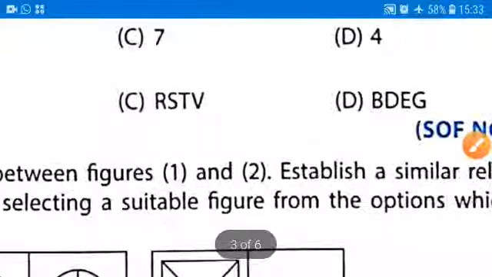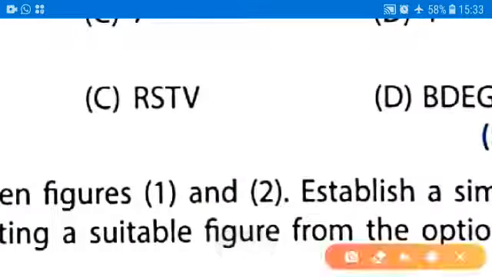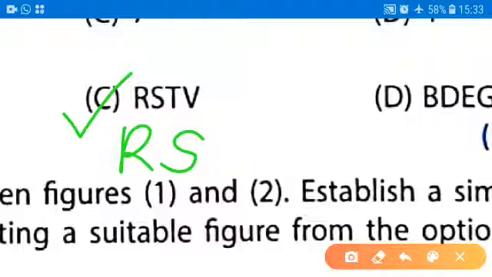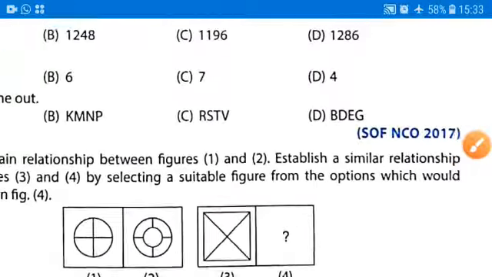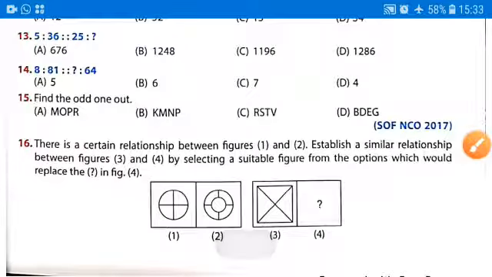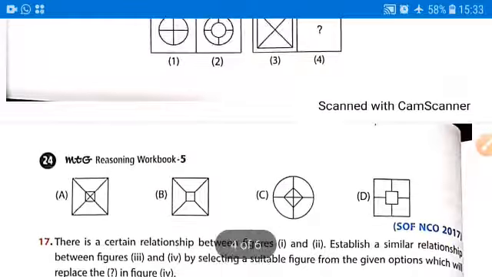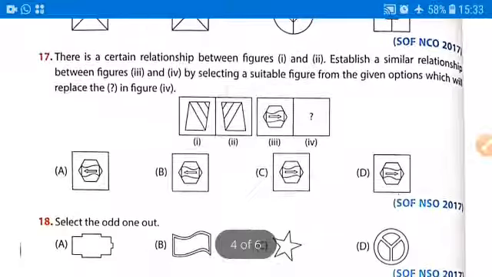Now let us check R, then after R we have S. Directly it is very clear that it is not having the similarity as the other options have. Okay, so the correct answer will be option number C, RSTV, because there is no similarity between it and the rest of the 3 options. Okay, C is not having the similarity as the rest of the 3 options.